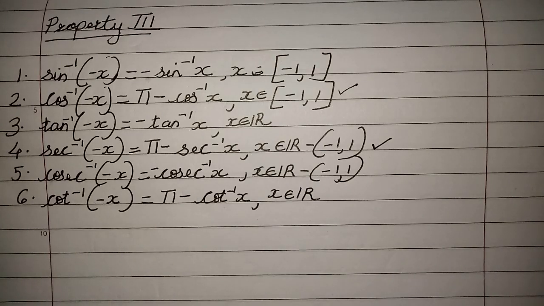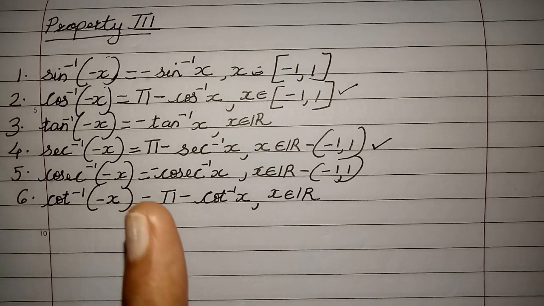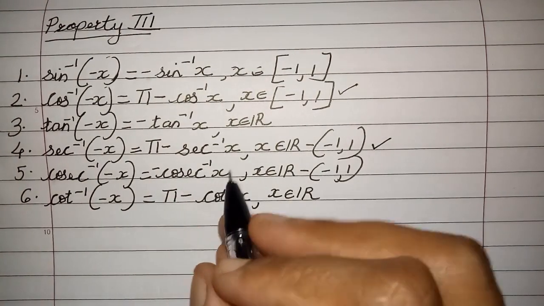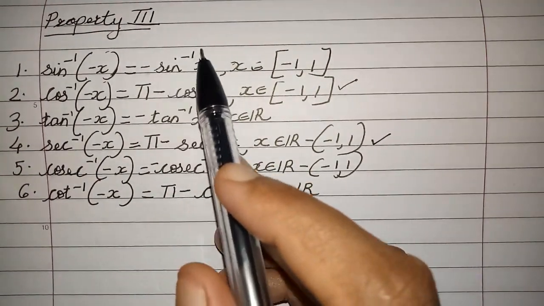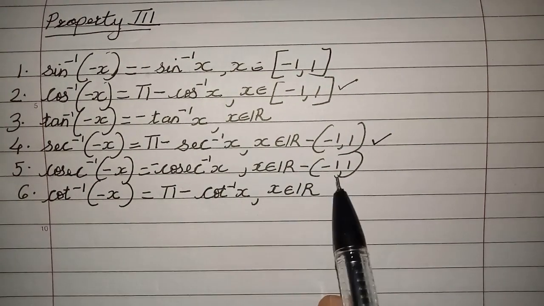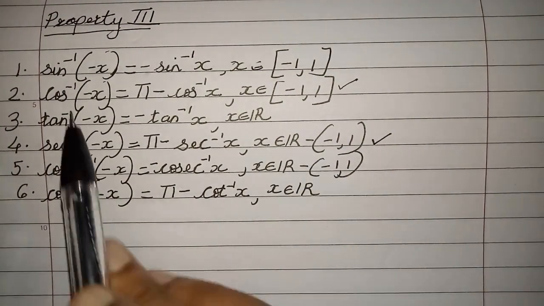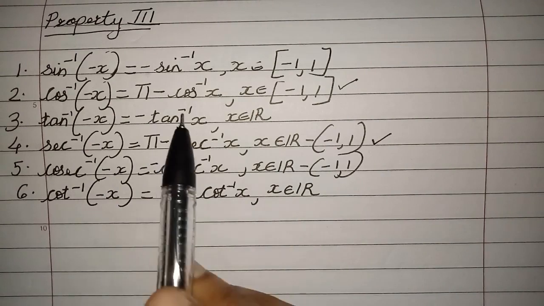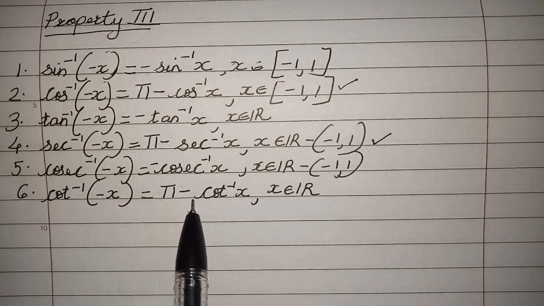They happen to be somewhat similar, not the same, but something of the same kind is written, but x is different. Similarly you can check cosec inverse of -x is equal to minus cosec inverse of x. That is also something similar to minus sine inverse of x, but the range is different here, right? Similarly tan also, it is resembling your cot. No, sorry, tan is not resembling.